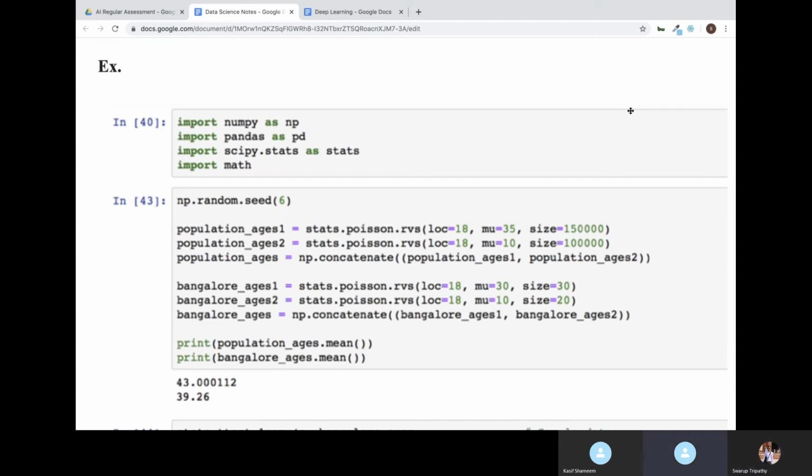What does MU mean? It's mean, average. MU is mean. This is just to say, taking it as the average, give me some values.